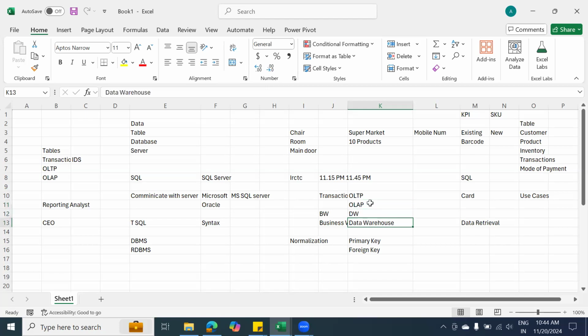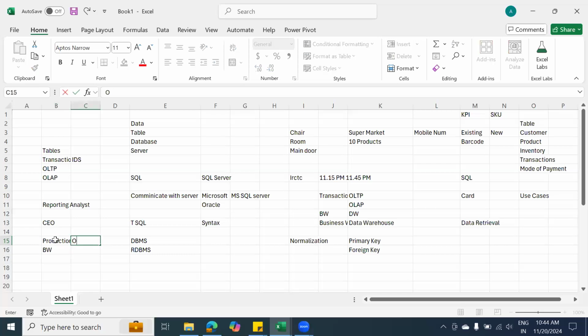So people who are familiar with SAP know this word also. We have two systems called production system, and we have one more system called BW. When you say production system, you conduct all your transactions here. That is nothing but OLTP. When you say BW, this is nothing but your OLAP. Your settled data will be available in BW. Are we good? You can think of any real life scenario, guys. All the real life scenarios are connected in these two points.